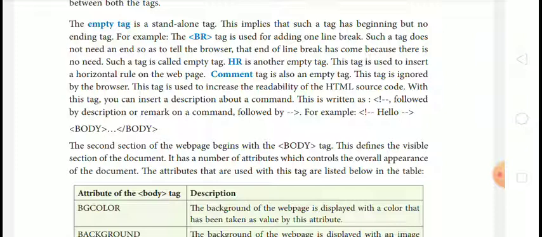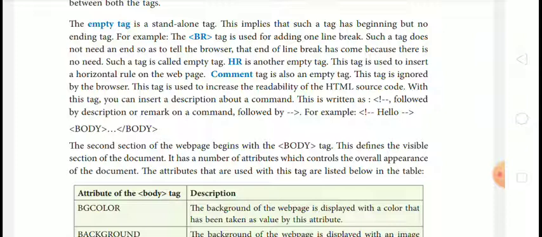HR is another empty tag. This tag is used to insert a horizontal ruler on the web page. Comment tag is also an empty tag. This tag is ignored by the browser. This tag is used to increase the readability of the HTML source code.